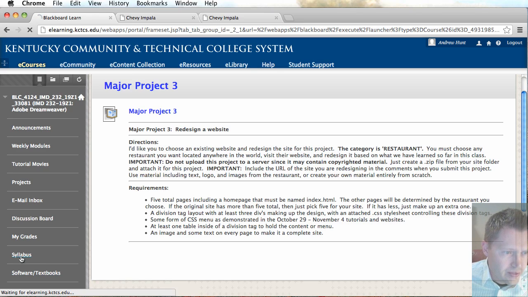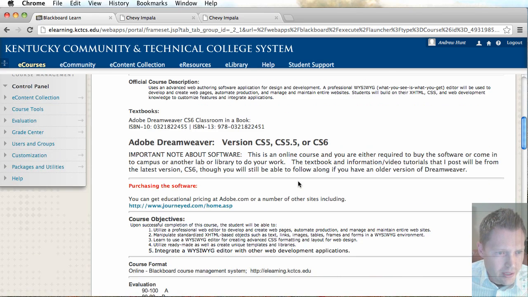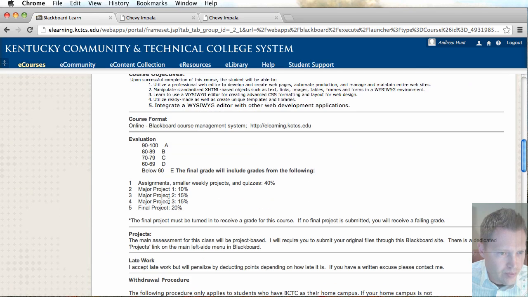If you look in the syllabus, the grading here, we have 3 major projects. So this third one is worth the most. It's worth 15% of your grade. And then your final project. So I'll do this project. I may do one more smaller, like a weekly project that'll make up this 40% of your grade right here, 1 or 2 of those. And then I'll post the